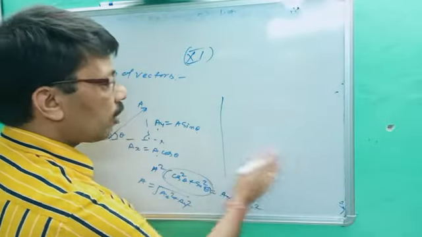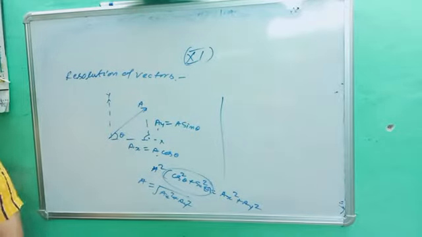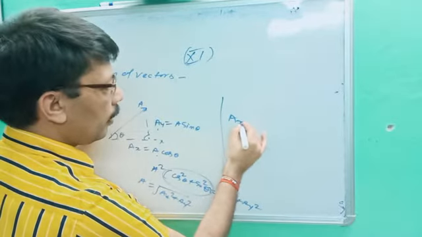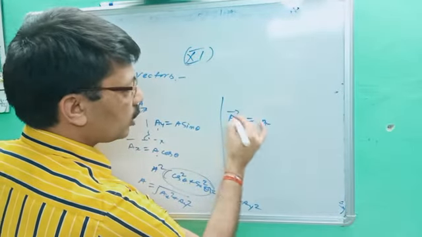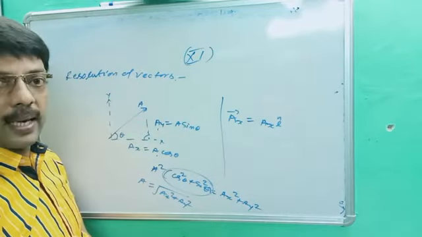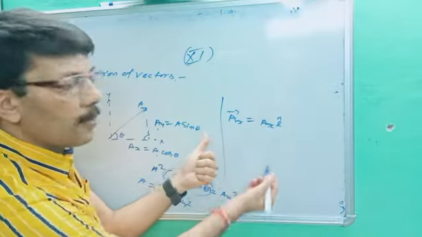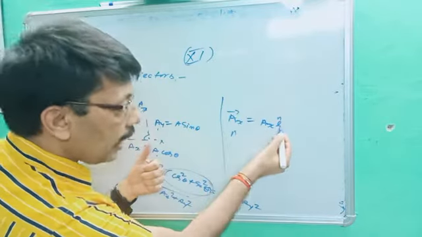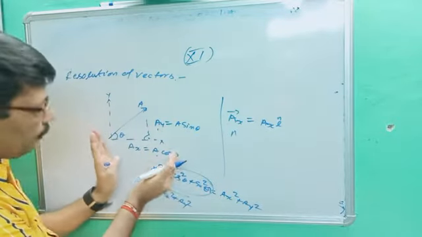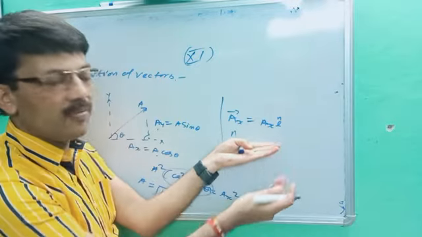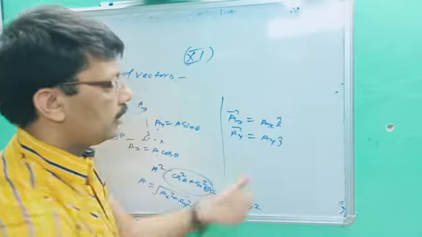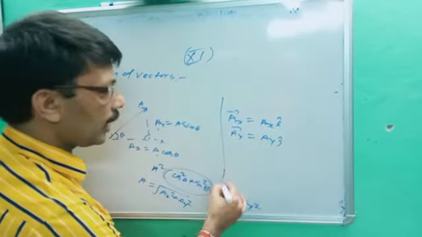In the second condition, if you are going through unit vectors, what will you do? Ax vector is equal to Ax i cap. You better know i cap is equal to vector A upon mod of Ax, and here i cap represents the cos theta. Keep in mind, i cap represents the cos theta. You can do numericals by that process or by this process. Both processes are available for you. And the y component, Ay is equal to what? Ay j cap. Here j cap is sin theta. This is the second way by which you can do it.